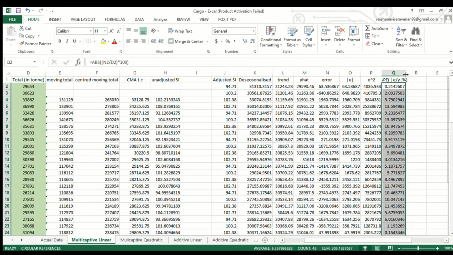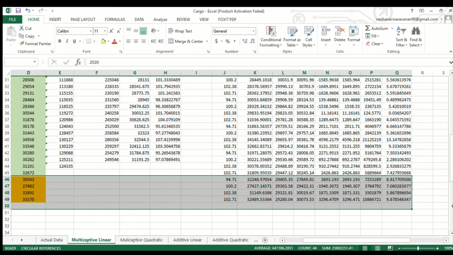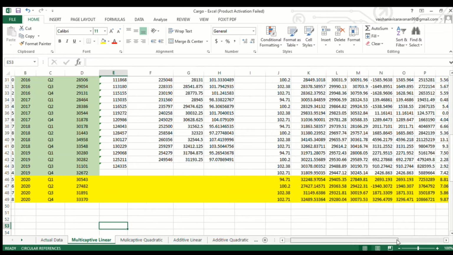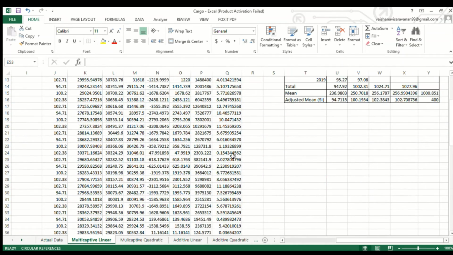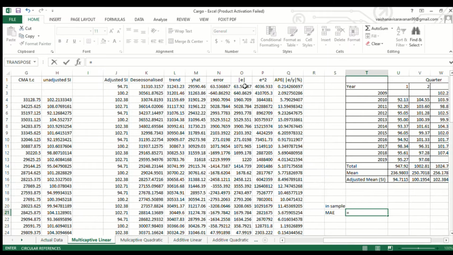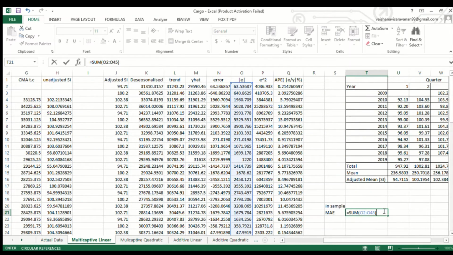From this, we can separate it into two parts, which are the evaluation part and the out of sample part. So out of sample we have 4 values and in sample we have 44 values. In sample, our MAE is equal to the sum of absolute value error divided by 44,